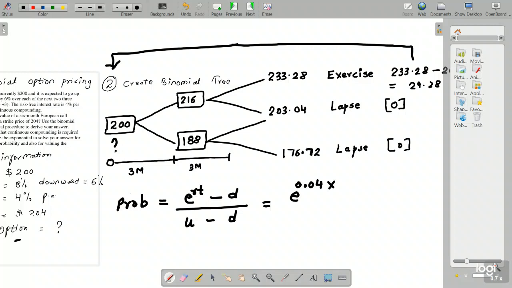Now, this is a question which talks about a European call option. And what happens in a European call option is that the contract can only be exercised at the expiry of the contract. When the contract expires, then only you are going to exercise this contract, right? So for us it is very easy to take this 29.28 and then find out what is exactly the present value along with all of the probabilities that we are going to apply and give you the value at today, that is when the spot rate is 200.